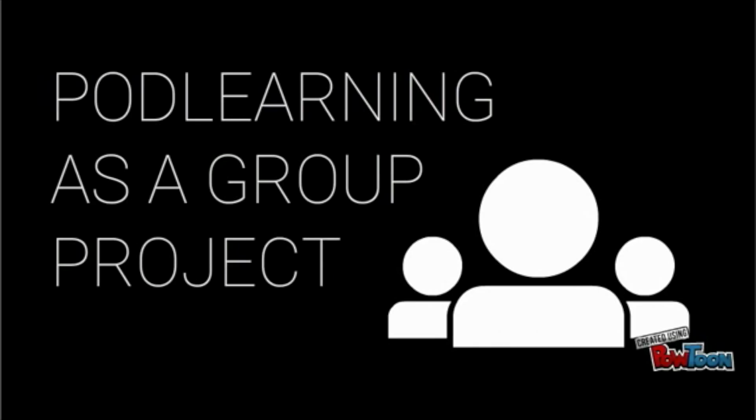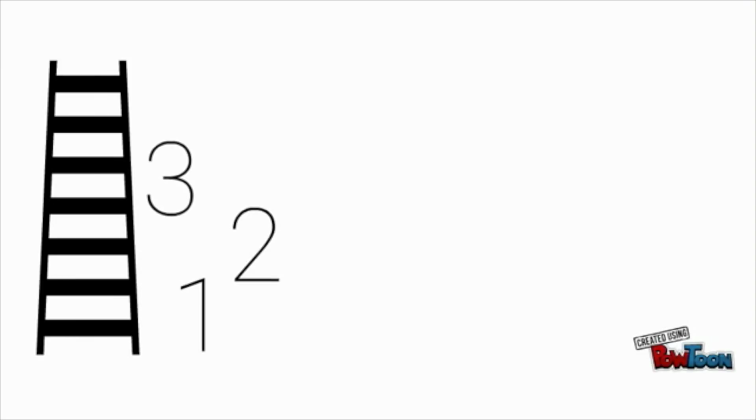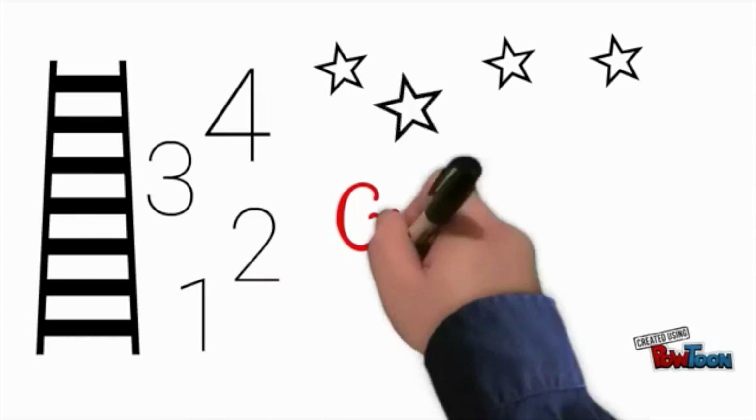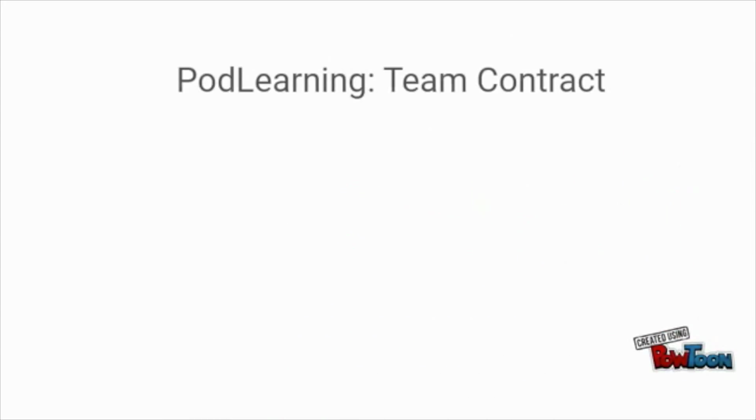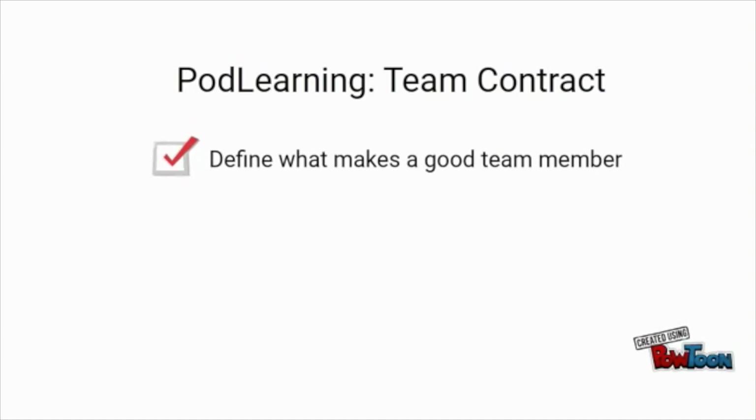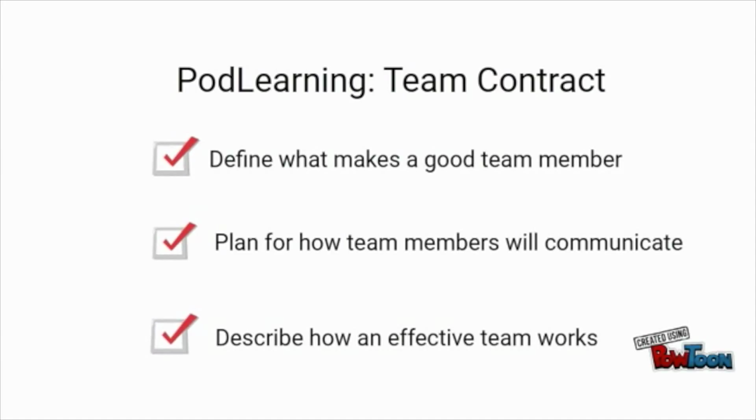As Podlearning is a group project, instructors should provide a structure to facilitate effective working groups. I have found it effective to build a scaffold of 4 project components that serve as milestones for students to advance their project and receive feedback along the way. The first project component, the team contract, sets expectations for how team members will work together, communicate, and function as an effective team. This helps students develop their teamwork and communication skills and allows instructors to send any struggling teams back to their contract for solutions.